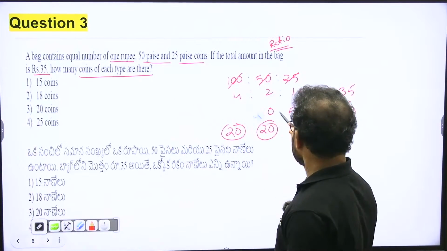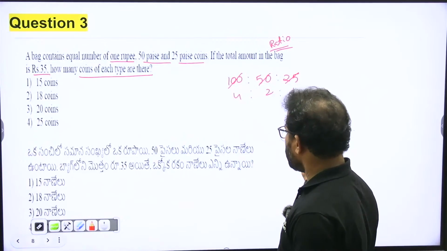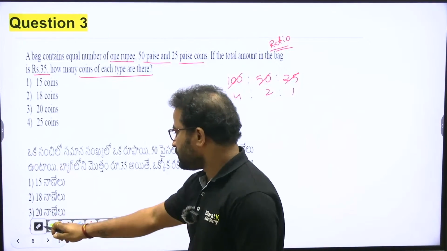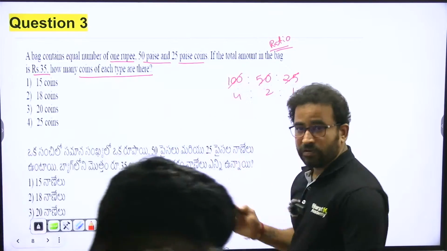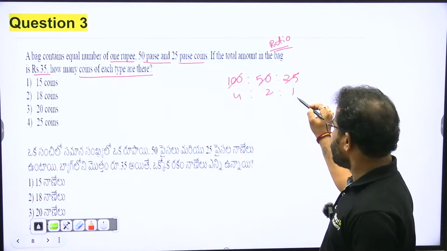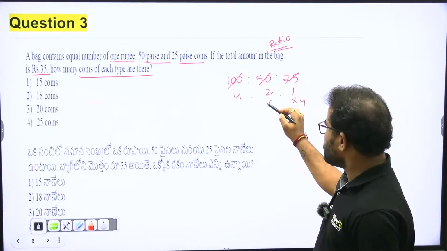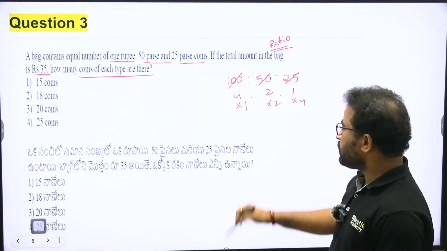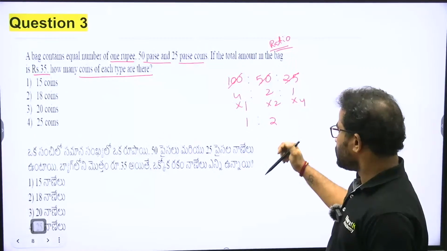From the money point of view, these are coins. We need to convert the value into coins. 1 rupee is nothing but how many coins required? 4 coins. How many coins required? 2 coins. How many coins required? 1 coin only. So 1 is 2, 2 into 2